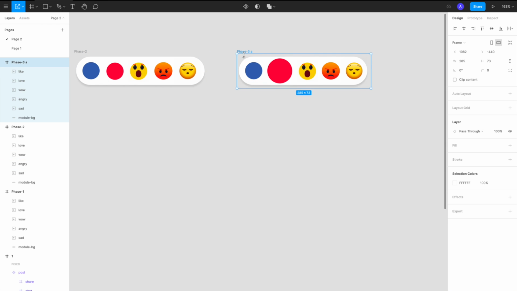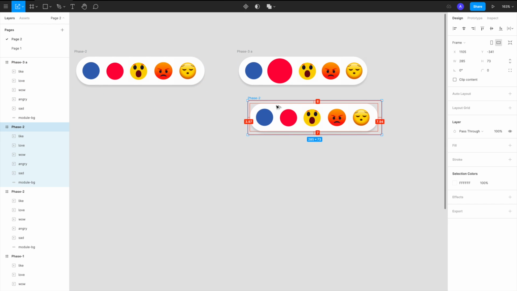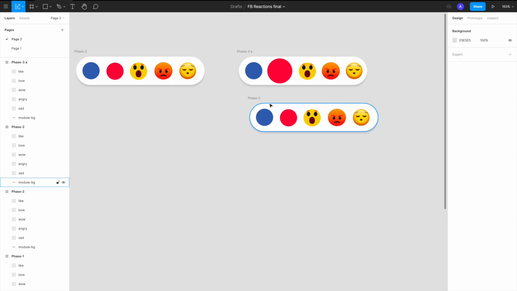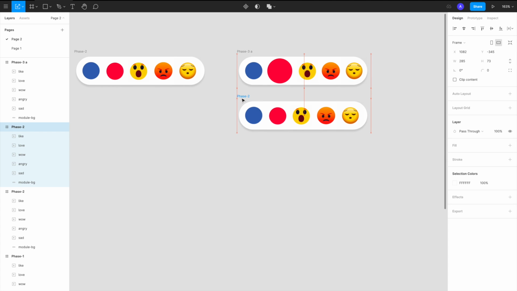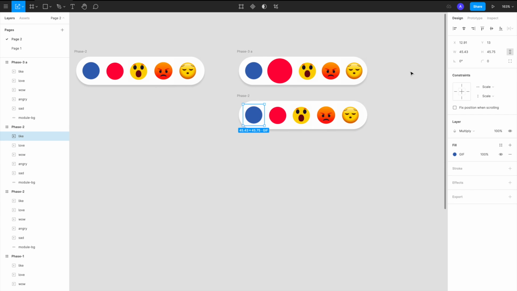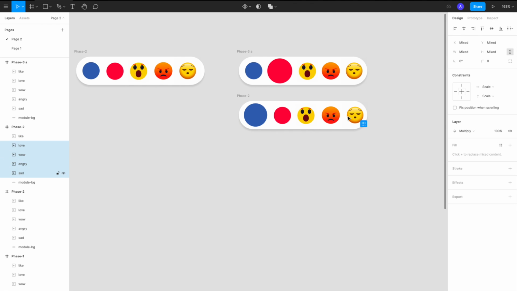So I'll select this and create multiple stages like this, where one or the other is zoomed up. In the first one we zoomed up this one. Now we'll zoom up this one, so I'll hit K again, and we'll move them a little bit to the side.